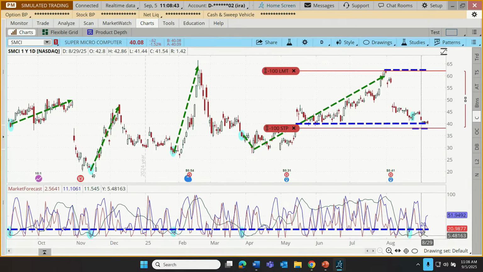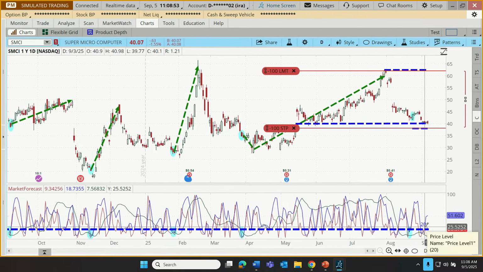The momentum line was at 2.5. The near-term line was at 11. That's the blue line. The green intermediate line was at 11 as well. We saw them pop up, I think they both got up out of that lower range.